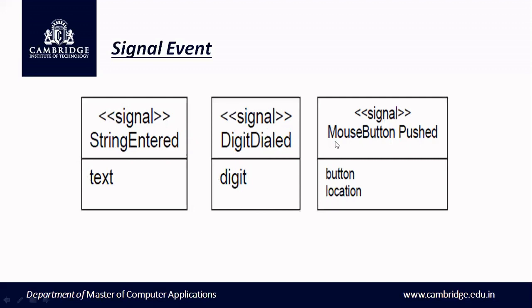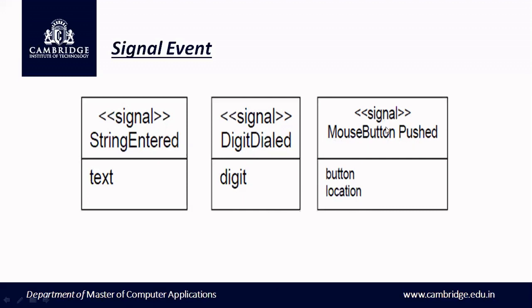So you can just list out the variables depending on the signal class that you are going to identify, right? And the third type we have is mouse button pushed. That is when you are clicking using the mouse. Suppose you are clicking on an icon, or trying to open a file or close a file, any kind of activity performed with the help of the mouse. So you have to choose the button, whether you are using the right button or the left button, and then the location within the monitor where you are going to click. Those are the two parameters or variables that we identify here.